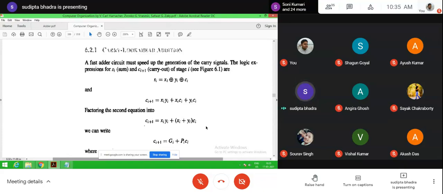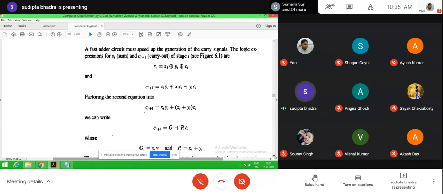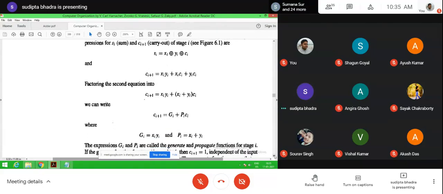Now in the case of the carry look ahead adder, the concept depends upon two terms: the generate function and the propagate function. If we factorize the equation for Ci plus 1, we get Xi Yi plus Xi plus Yi into Ci.